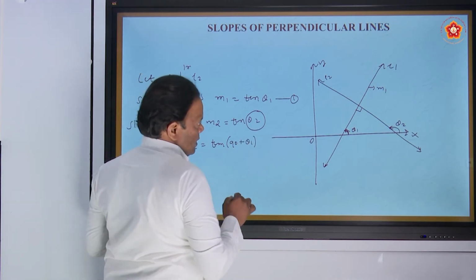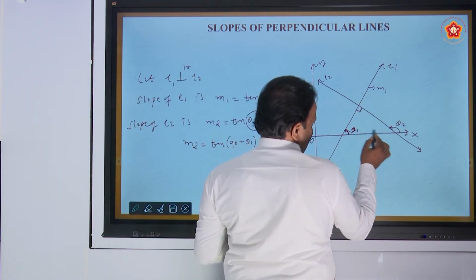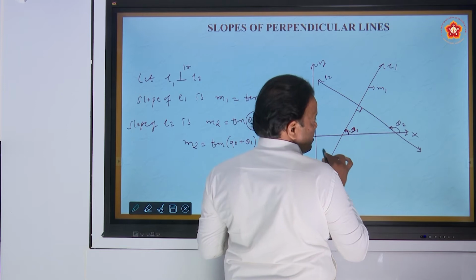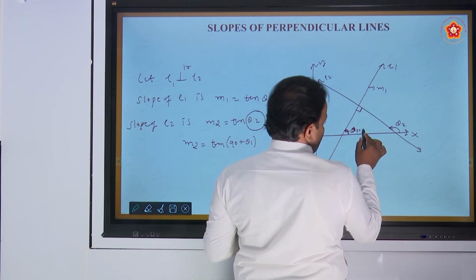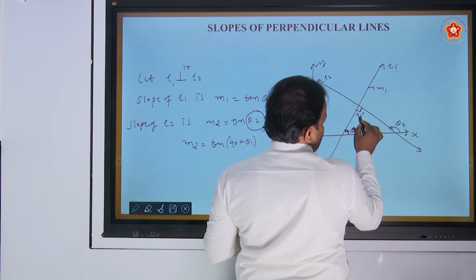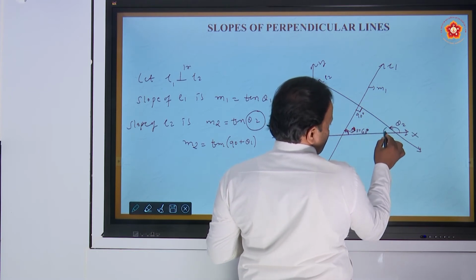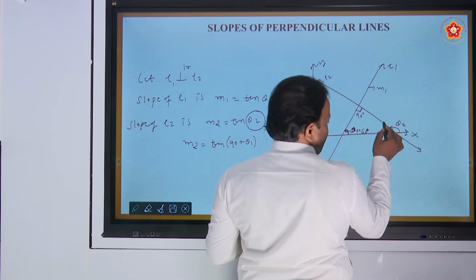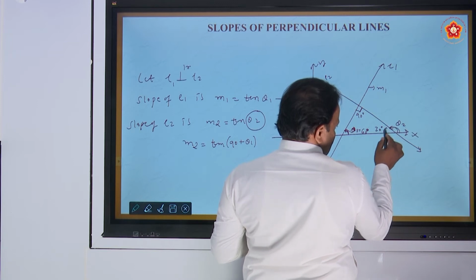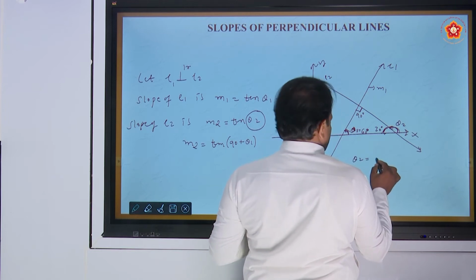You remember, this is very important. See the figure. This angle is 90 degrees. If this angle is theta 1, theta 2 is nothing but 90 plus theta 1. How? Take theta 1 as some angle, say 60 degrees, and this is clearly given as 90 degrees. 60 plus 90 is 150. The sum of all three angles is 180, so what is remaining here? 30. This total is 180. Now I can write theta 2 is equal to 90 plus theta 1.